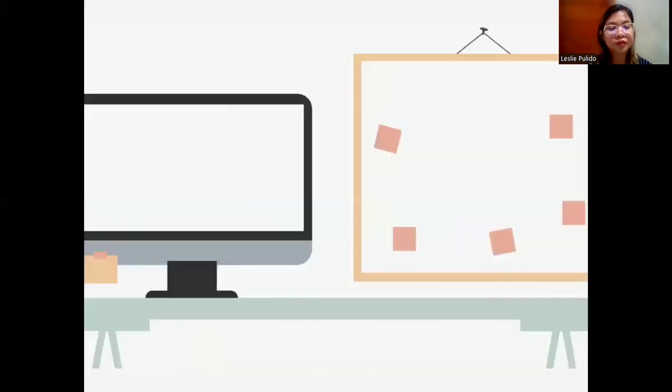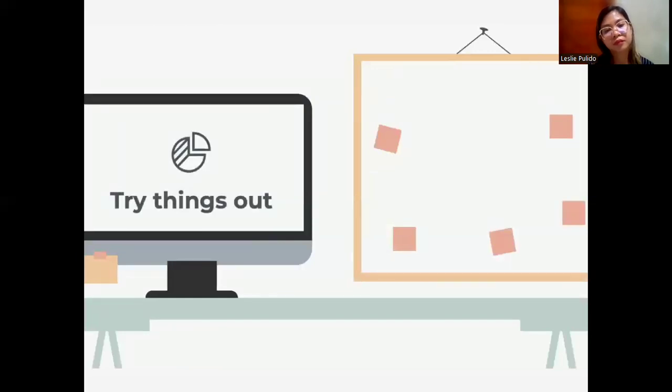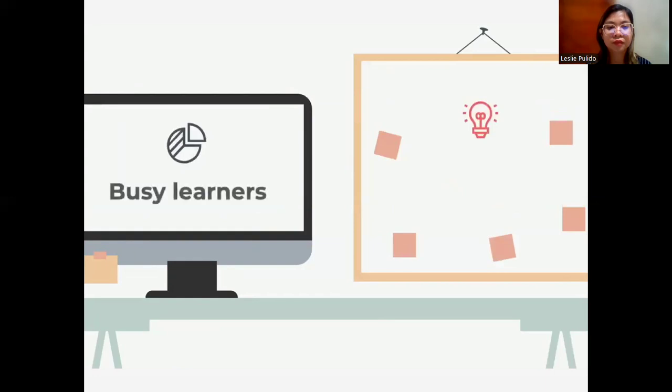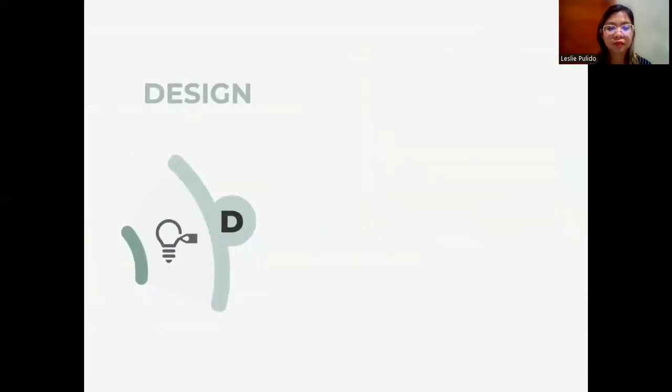Here, you need to think about the best activities and training methods that you can use based on what you discovered in the previous stage. For example, if the majority of your learners like to try things out in practice, you need to include plenty of opportunities for them to do this, like role plays and simulations. If your learners are super busy, then you need to consider how can you cut the training time but still make it effective. Going back to our example, the design I would recommend is to start the group off with a real-life problem that they would need to solve